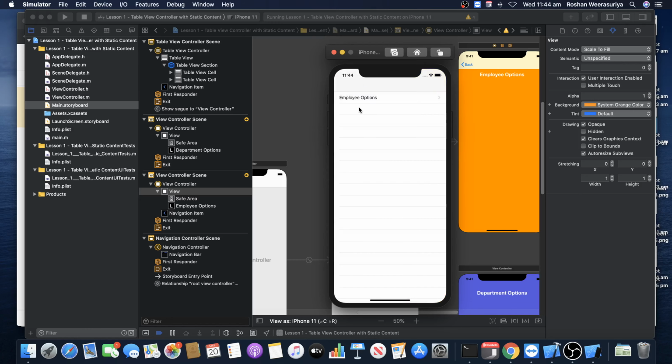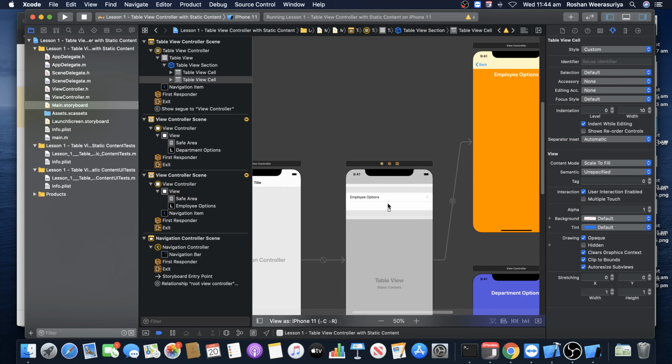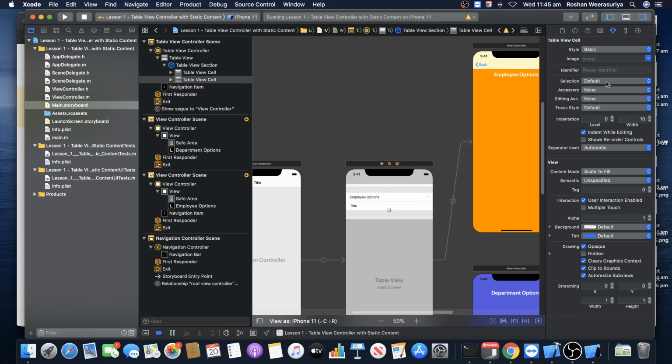So then let us say I want to give another option called department options. So what I'm going to do is click on the second cell. Make sure you verify it from here, and then give one. Okay, you are with me now, guys. Tell me what did I do? Yes, exactly. Click basic, and then give accessories, to give a disclosure indicator, and then click on the title